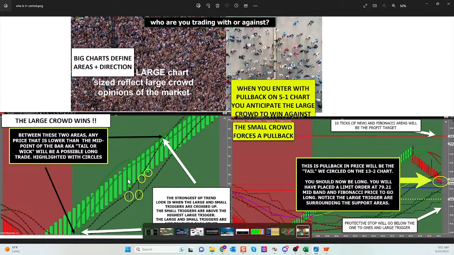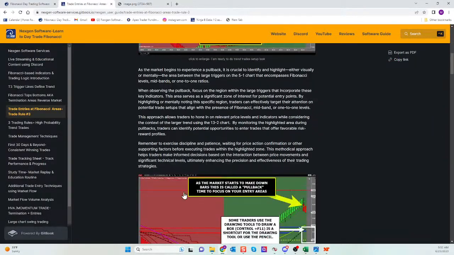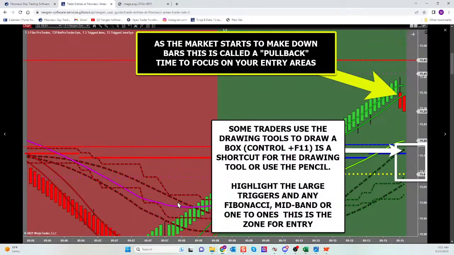If the large crowd, the large opinion, says everything is going up, says that we have momentum, says that there's absolutely nothing in the way, guys, look at all those circles on those tails. We're going to let those yahoos that want to fight the trend, that want to fight momentum, that want to fight everything the large crowd is doing, they're going to force a pullback. They're going to give us that little bit of push down, guys. And that little bit of push down begins with a reversal bar.